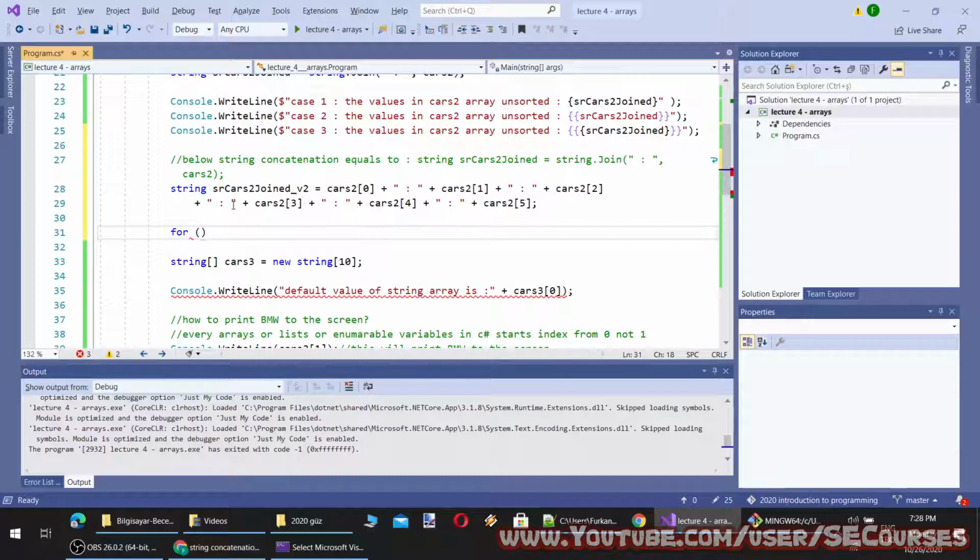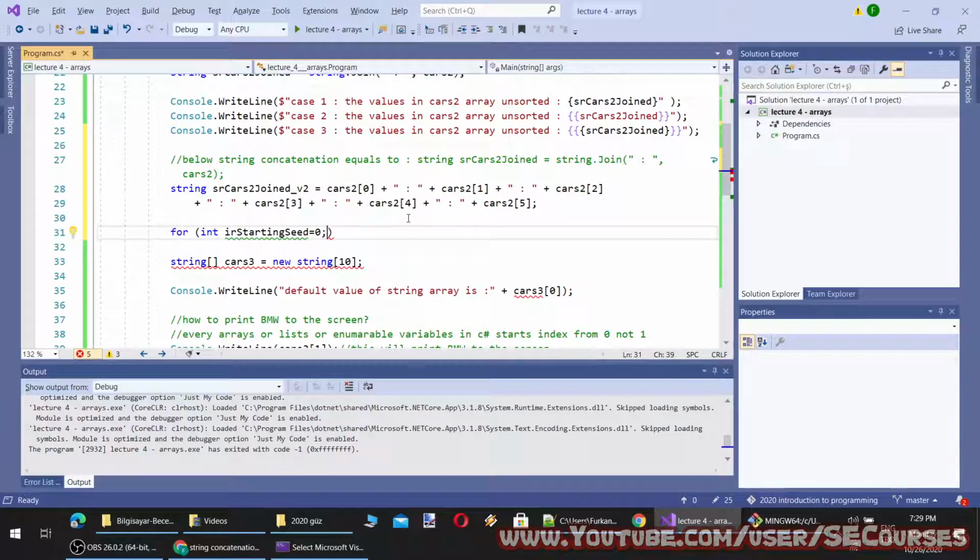The for keyword starts with an opening parenthesis and a closing parenthesis. And it first takes the starting seed of the loop. So the starting seed will be equal to 0, because my array is starting from index 0.